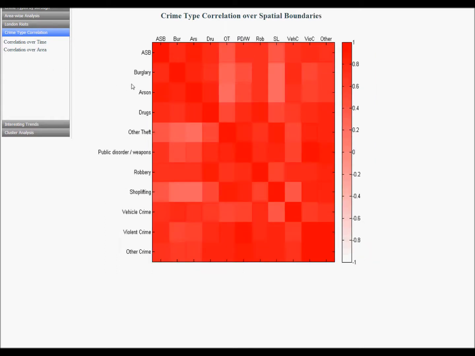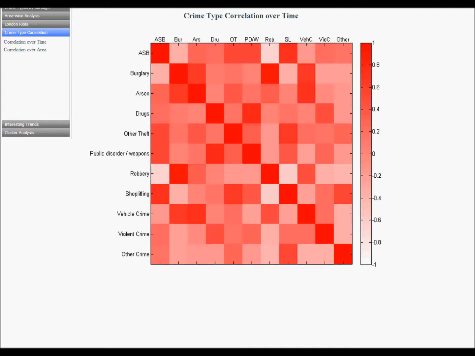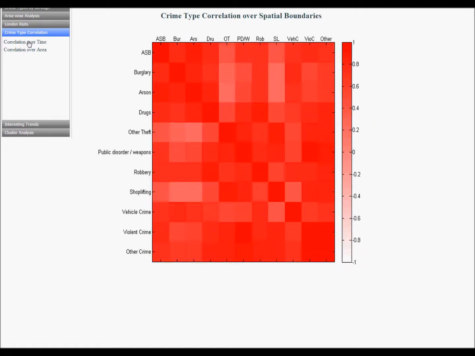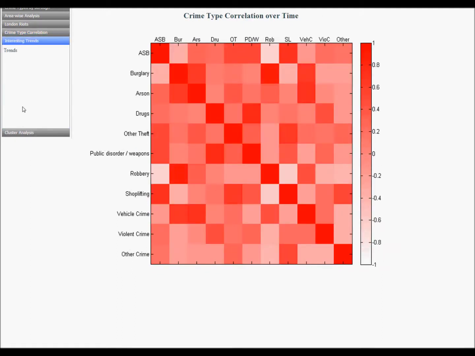However, over area, burglary, other theft, arson, and shoplifting show stronger negative correlations. This type of correlation analysis lets users infer which types of crime are naturally associated with each other and how, whether spatially or temporally. As a final case study, trend data is also shown to the user tracking crime across